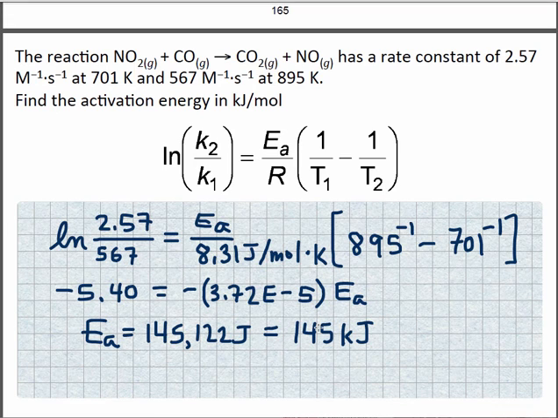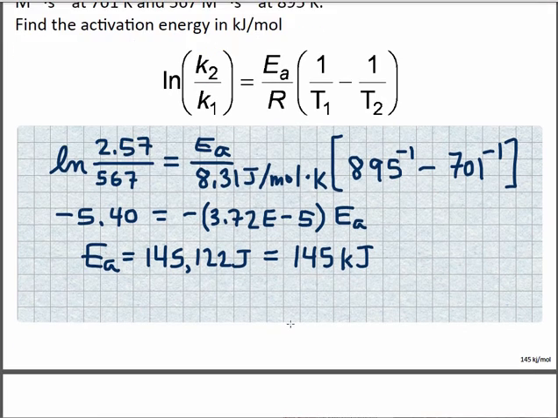An activation energy of negative 145 kilojoules doesn't mean a lot because negative energy or negative energy change is an exothermic or exoergic process, which means the energy is given off. And that doesn't make much sense. So anyways,